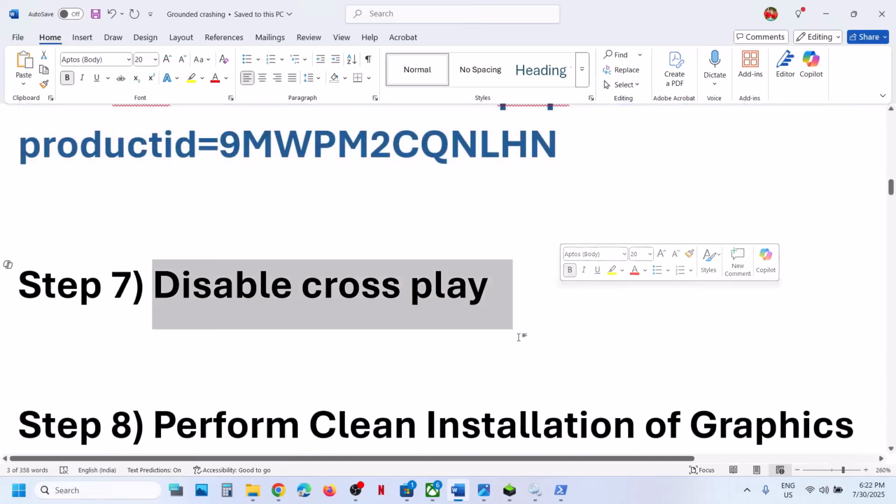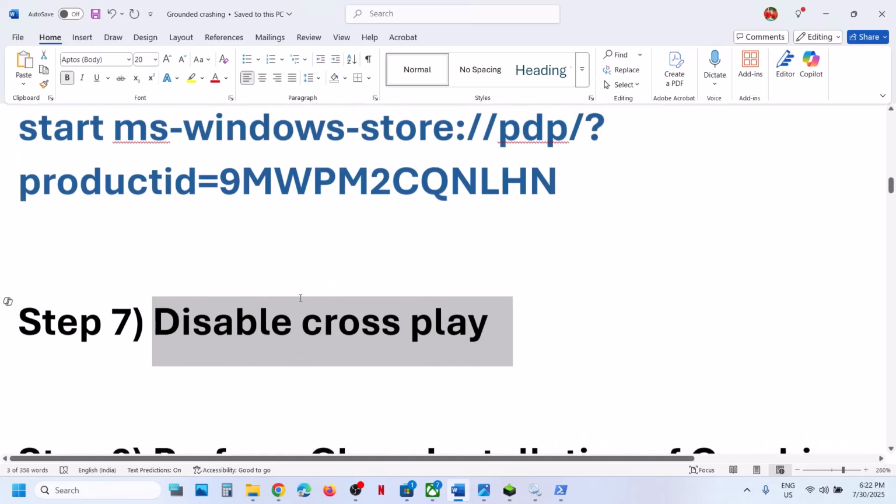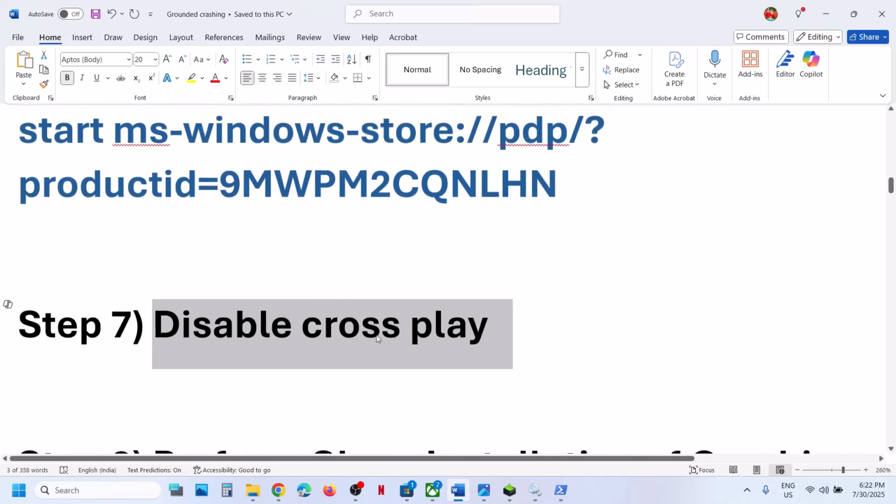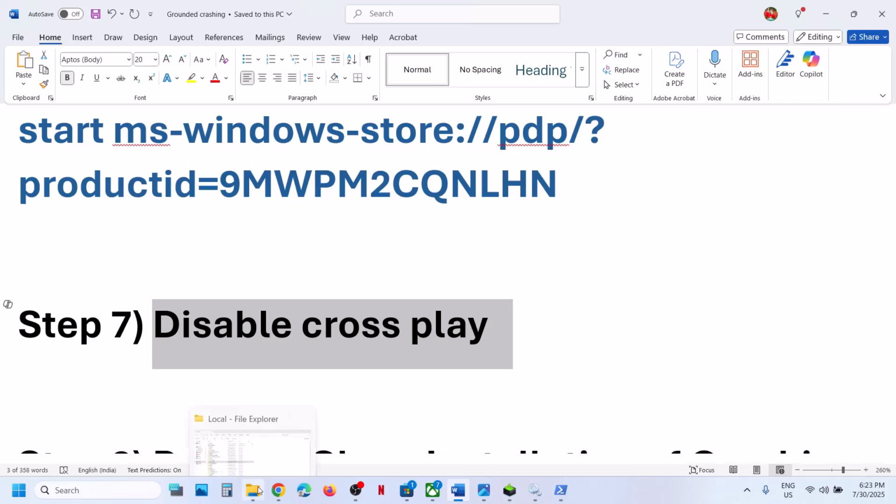To disable crossplay, you can, if you're able to launch the game. If you're not able to launch the game, you can skip this step, but if you're able to, no need to skip this step, we will disable crossplay a different way. So if you're able to launch the game, you can disable crossplay in the game settings, or you can open